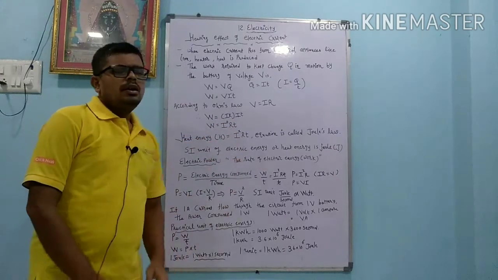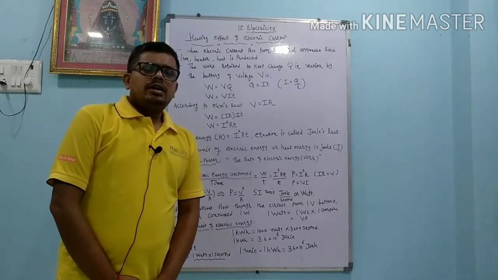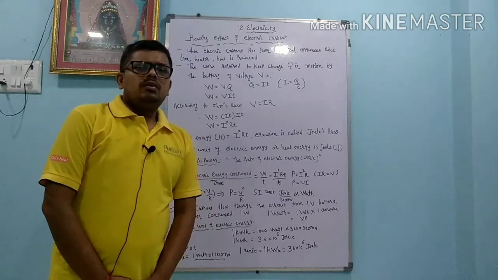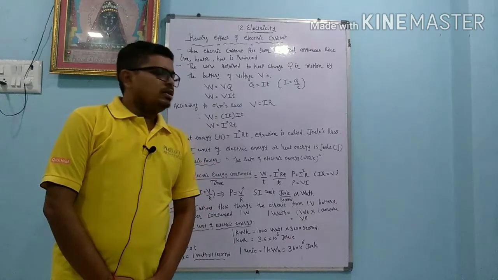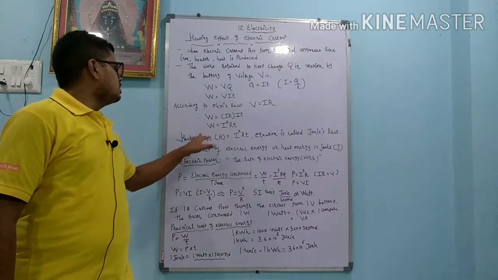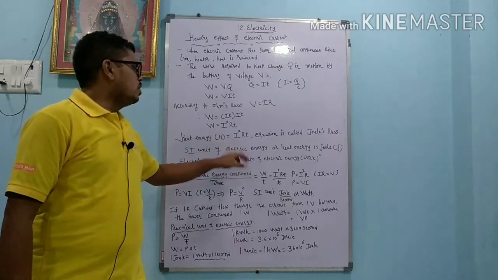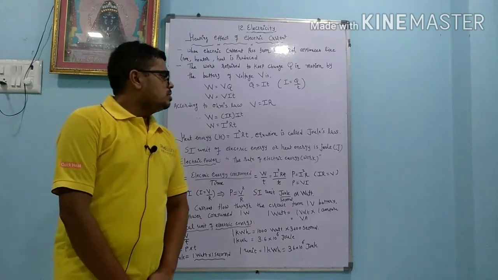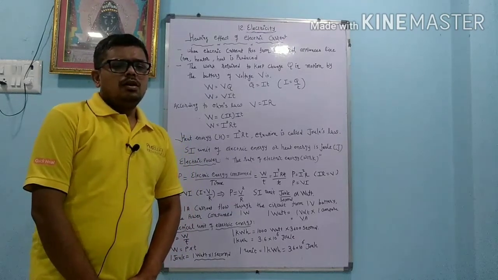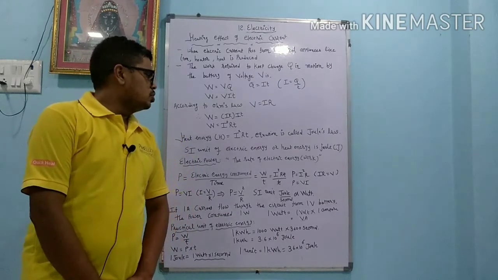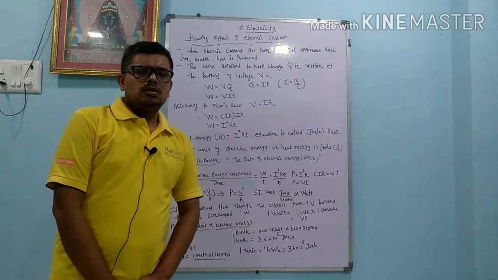so we get W equals I square RT. Now dear student, whenever we pass electric current, heat energy is produced. Energy and work have the same unit, so instead of work we write heat energy. Instead of W we write H equals I square RT. This equation is called Joule's law, named after the scientist Joule. The SI unit of electric energy or heat energy is joule.